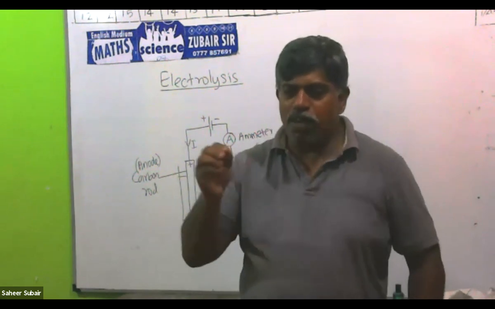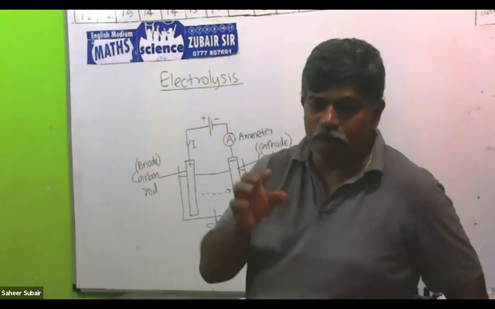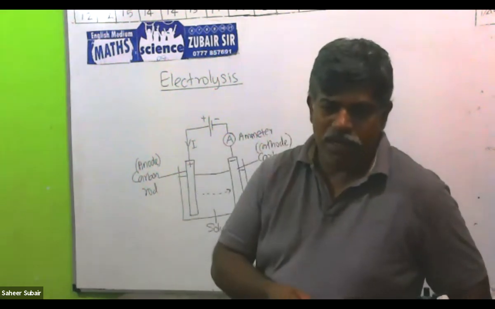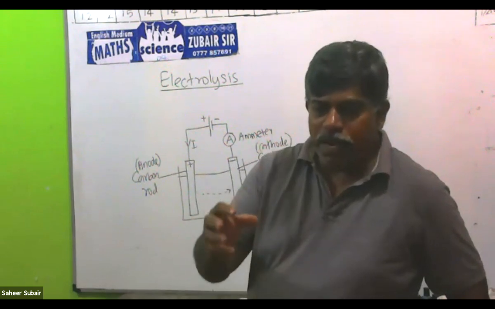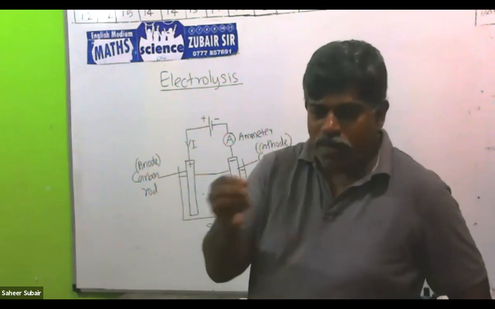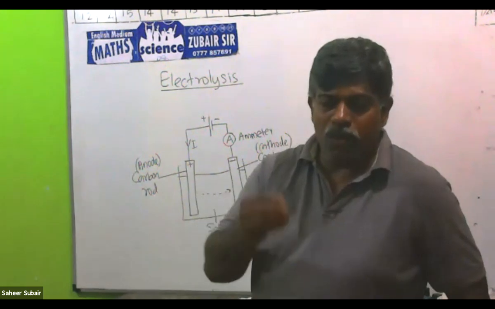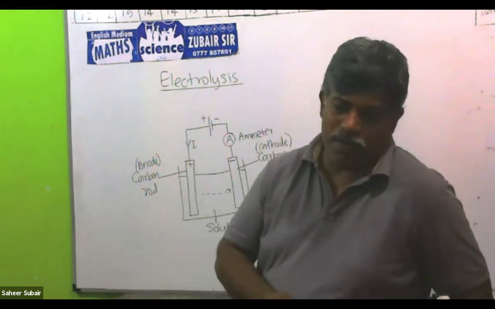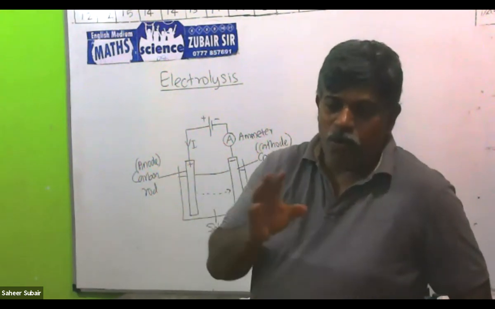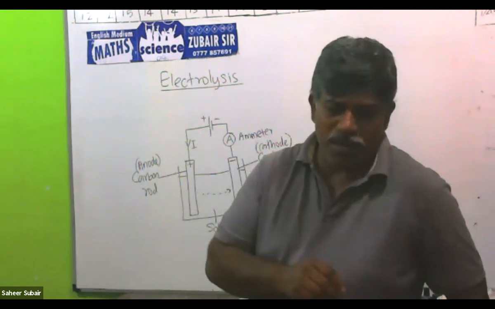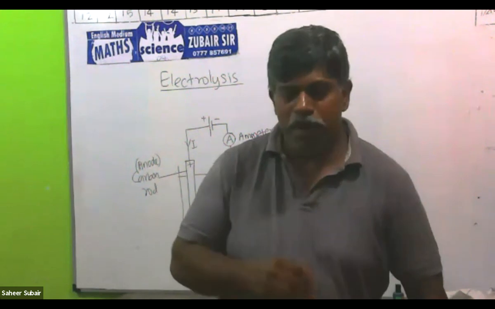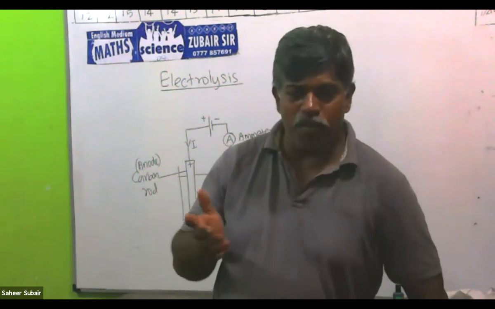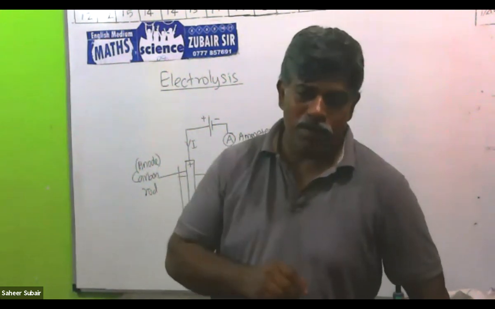Current means it is the flow of the charges. There should be plus or minus charges. In iron, there are charges. So when there is an ionic solution or acidic solution or basic solution, they are allowing the current. The other covalent bond solutions won't allow the current normally. Distilled water, covalent bond. Petrol, diesel, kerosene oil, covalent bond. They won't allow the current.